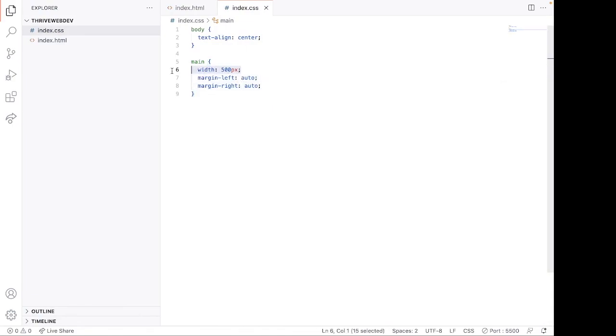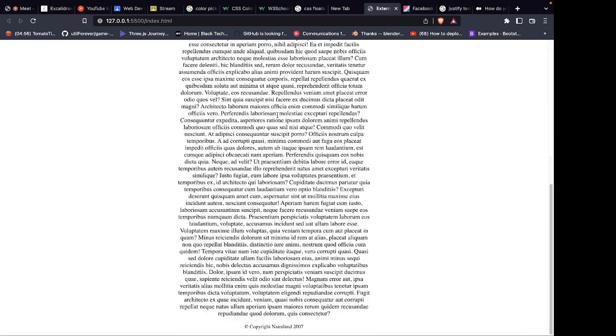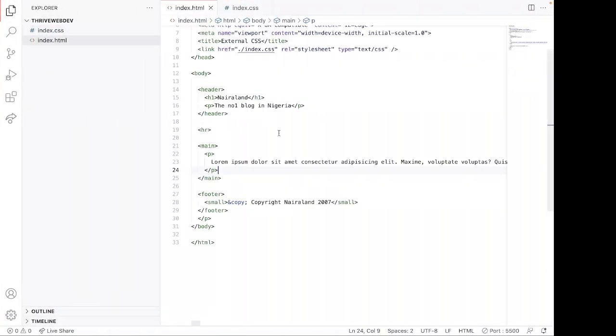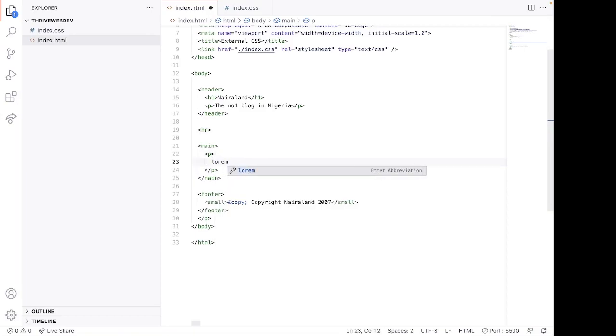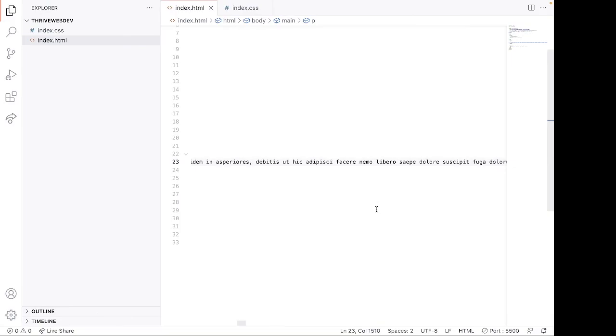The same way you have width, you can also have height. The way it is now, the height of the page usually extends to how long the content is. For example, right now it's like lorem 700, like 700 words. If it was just maybe lorem 200 and I save, then I won't be able to scroll down again, because the height of the page or the height of main is just the height of the content. But there are some cases where